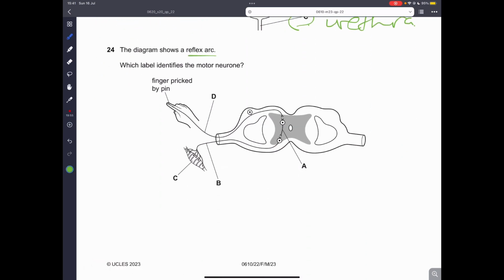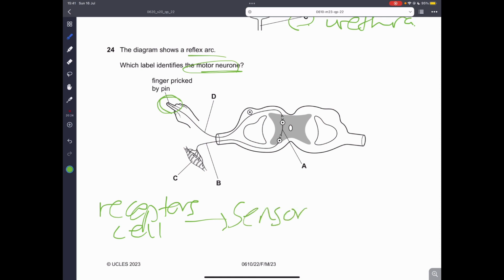Question 24, the diagram shows a reflex arc. Which label identifies the motor neuron? The motor neuron, okay, we have to actually draw a little diagram here. So firstly, the stimulus is going to be picked up by the receptor cells, right? Receptor cells are going to pick up the stimulus in your finger, and then send information to the sensory neuron. The sensory neuron will carry the electrical impulse to the